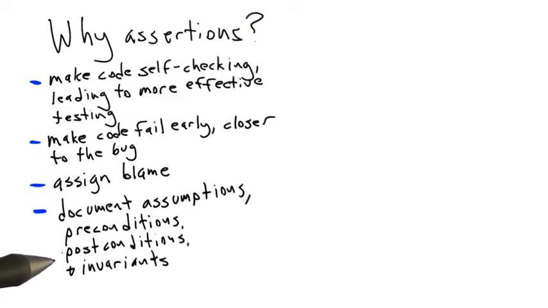And again, in addition to creating executable checks for these, we're also telling other developers what we think should be true. And this should allow other people to rely on these post conditions. And invariants are closely related to preconditions and post conditions. These are things that need to be true, for example, at every iteration of a loop.